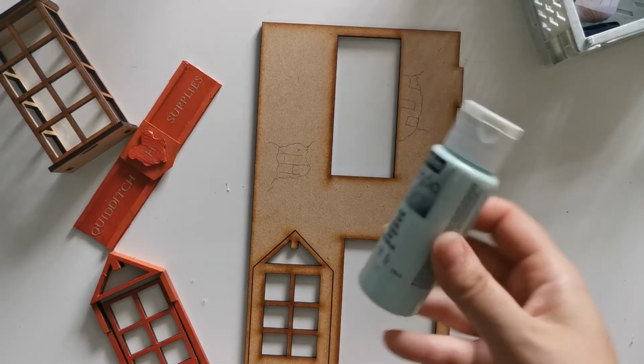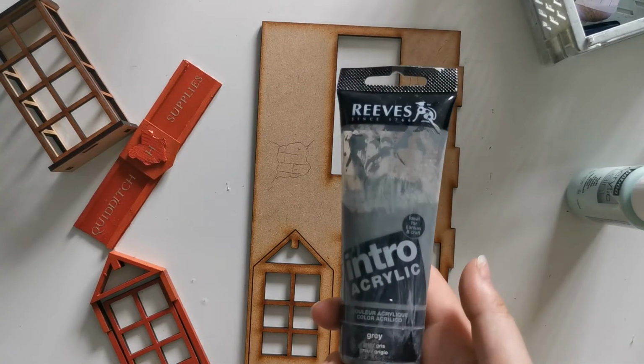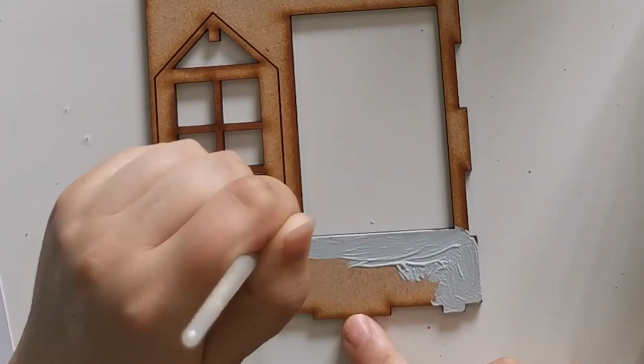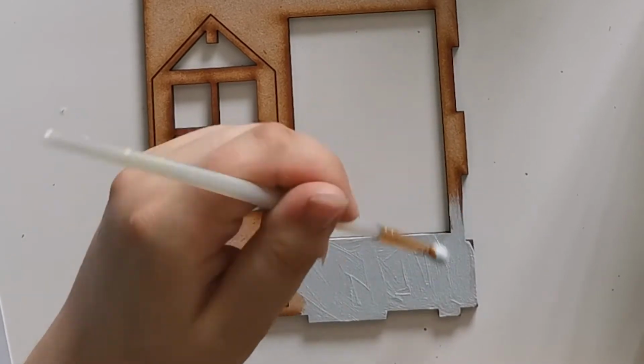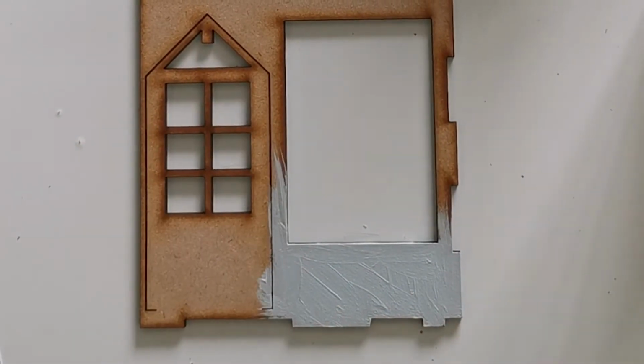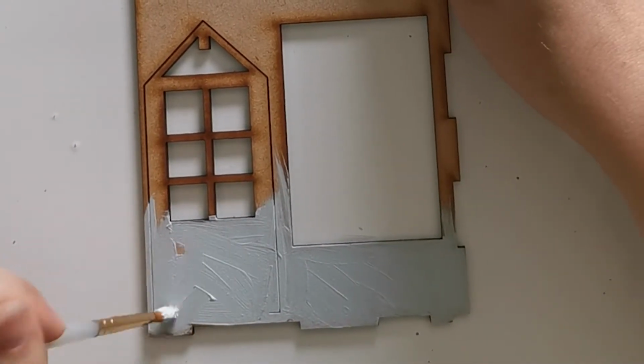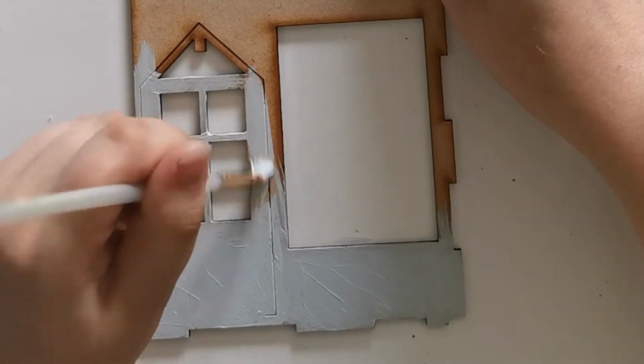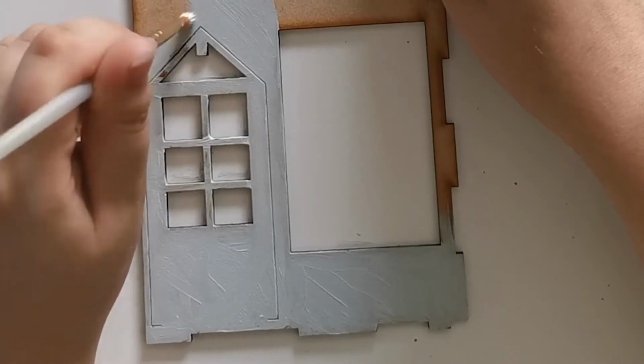Next, it was time to create the back of the store, and I have used acrylic paints. I used this sort of pastel grey blue colour, which went perfectly with the same colour match as the film version of the Quidditch supply store. And I started with this as a base layer. I did 2 layers of this,